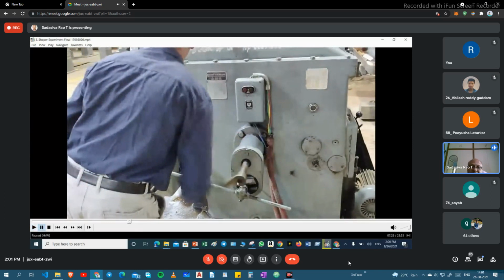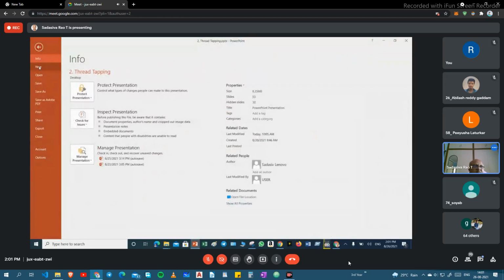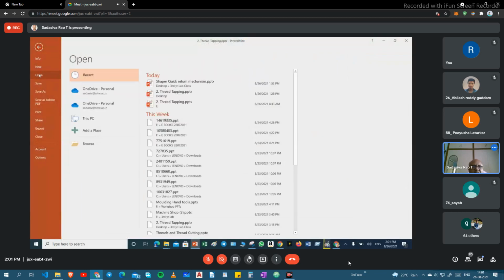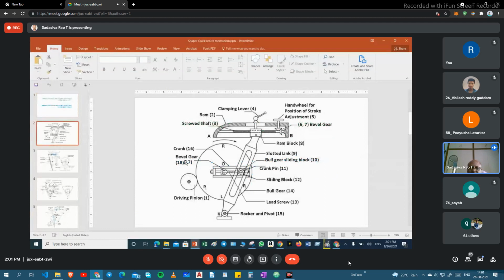By rotating this, and by this adjustment we set the stroke length.